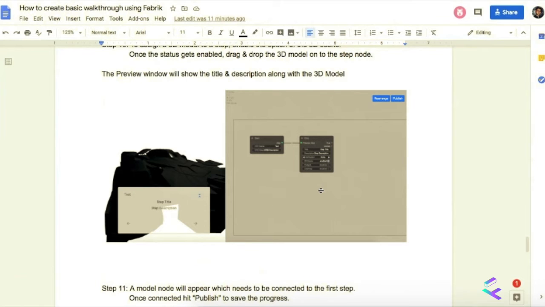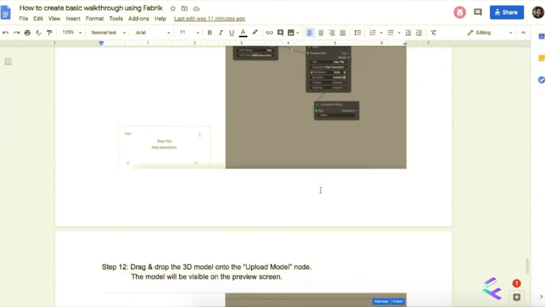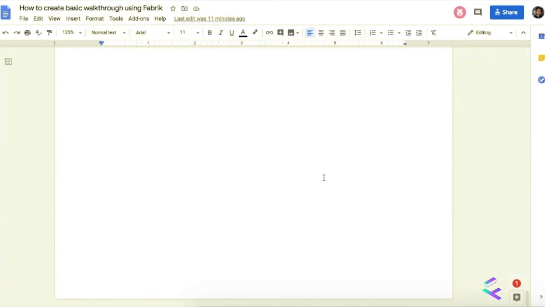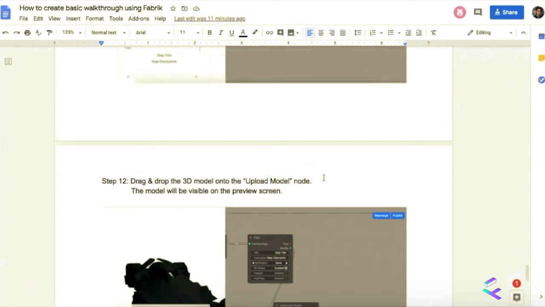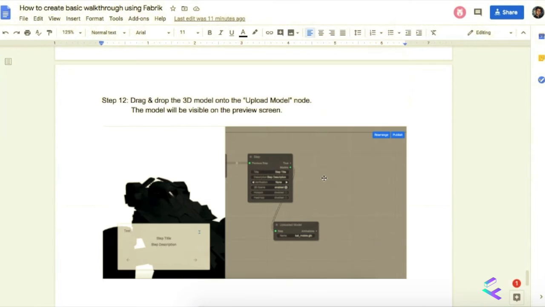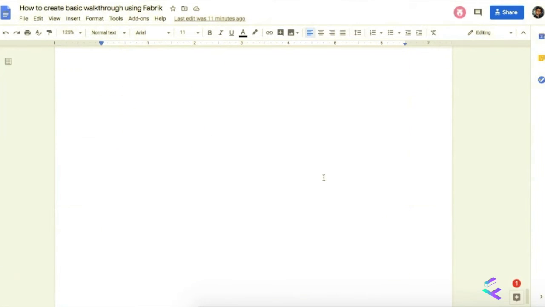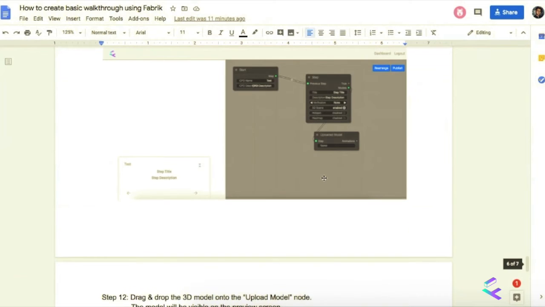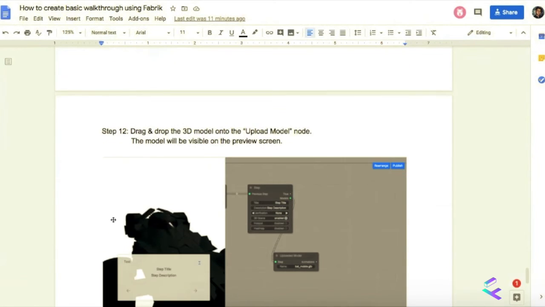And after you hit publish and save the progress, we need to go back to the dashboard and check the walkthrough. Madhukar, I was actually completing the last part. There is no screenshot for it, but it is the last step wherein we launch the dashboard, click start, and whatever we did here, whatever was coming on this preview screen will be getting there onto the viewer.